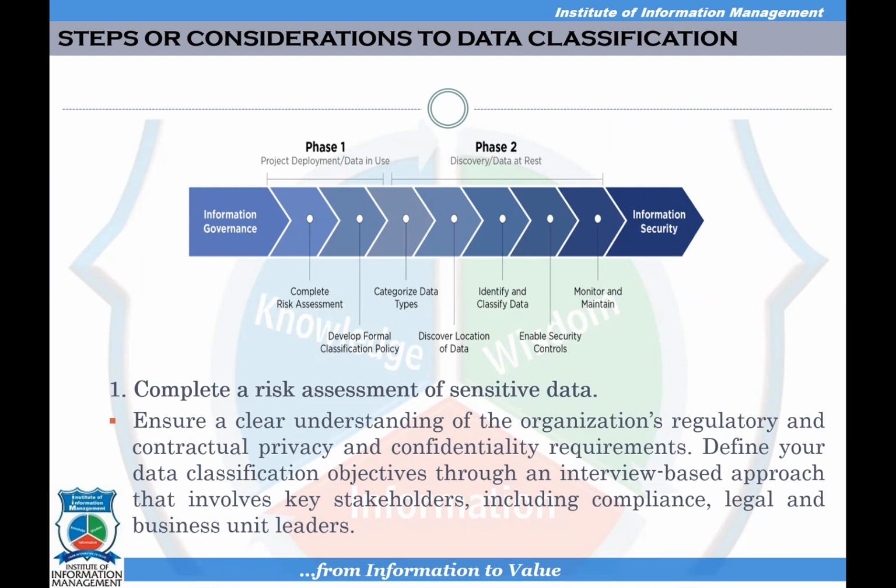And then you use this to identify, and once you get all these discovery elements in place, you now use it to identify and classify your data. And then you look at the security controls. You are moving towards now classified data, the security of this data. How secure, how important are they to you? Legal data, financial data, sensitive data. And then you enable the security control that you put around this data to protect them. And then you now sit and monitor and maintain. And this is where you have governance, standards, guidelines that you put in place.